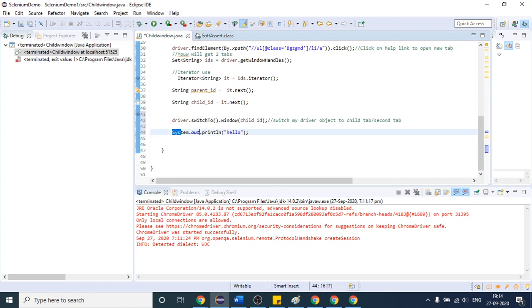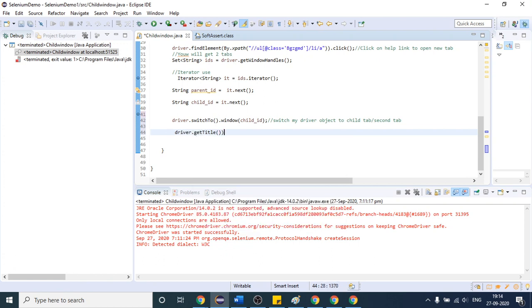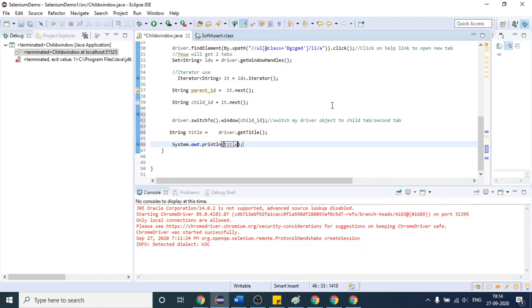Once I switch to the child tab, I can use this method now: driver.getTitle. If I get that title, just place it in a String title variable, and then I will try to print that variable. Let's see what output I get this time. So place one debugger here, and if I right click and debug this time,